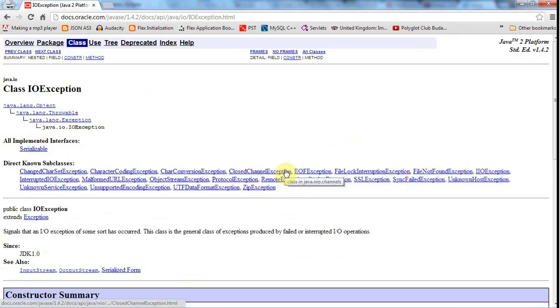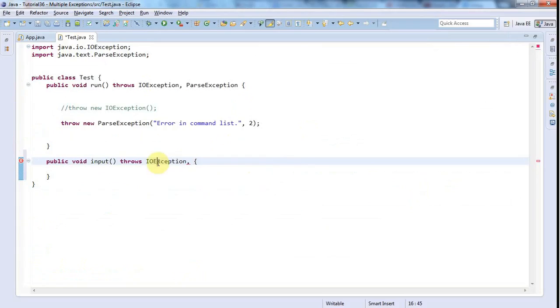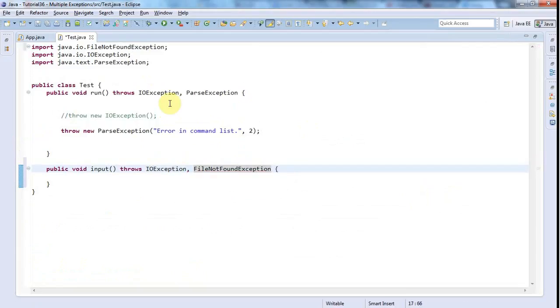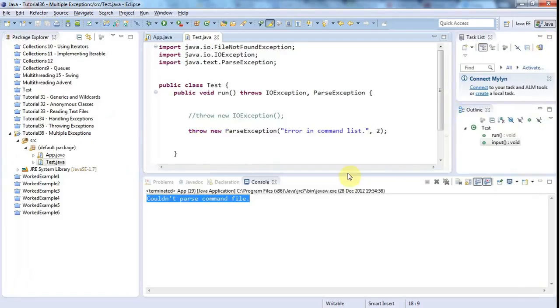So let's imagine that this can throw IO exception for some reason, but it could also throw a file not found exception. And I'll just add the import there for that. So I won't implement this because there's no need for this example. But now if we think about how to handle that, and so I go to app here,